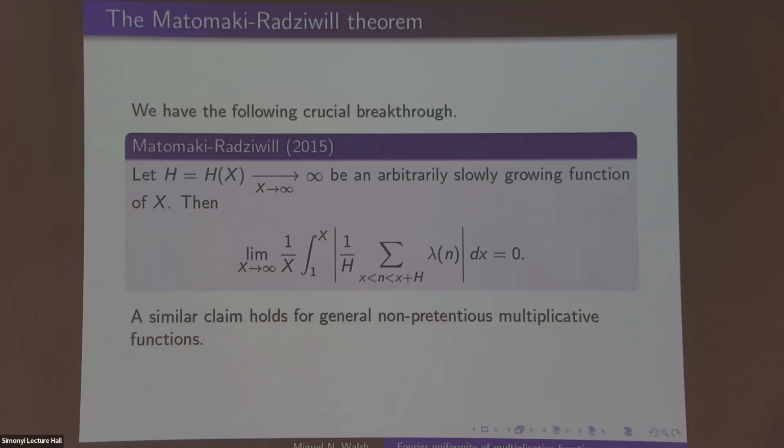But we now have this piece of information, an extremely strong piece of information. We know that we have cancellation not just of the Liouville function, but of any non-pretentious multiplicative function on almost every interval. And of course, it makes sense now to see what one can do with it. In particular,